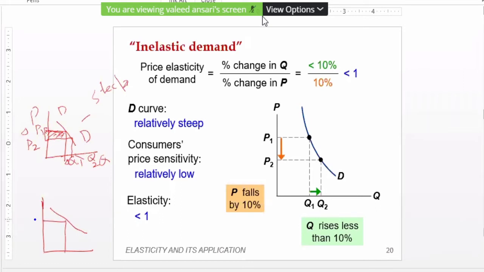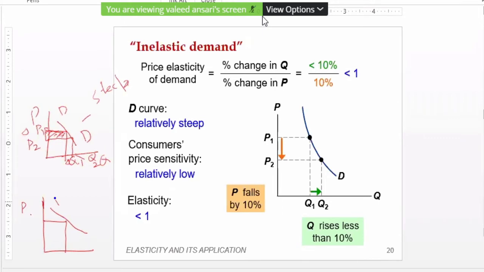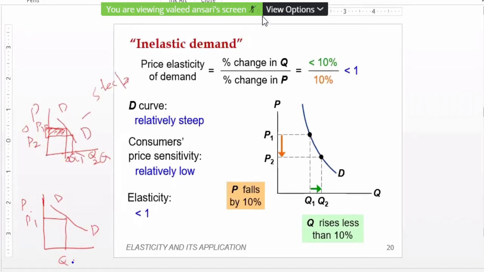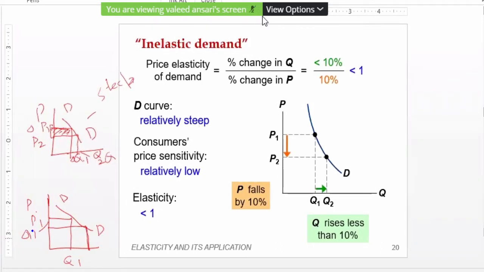Don't go by my drawing, I'm not very good at drawing. So you should understand. For example, the price is P1, Q1 is demanded. Now change the price. Delta P is this much only, whereas you see here the change in Q is much larger. So to show on a graph whether demand is elastic or inelastic, this explains that here the change in Q is much larger than the change in price. Here the change in price is larger than the change in quantity.